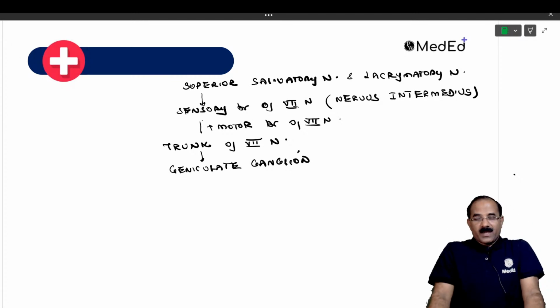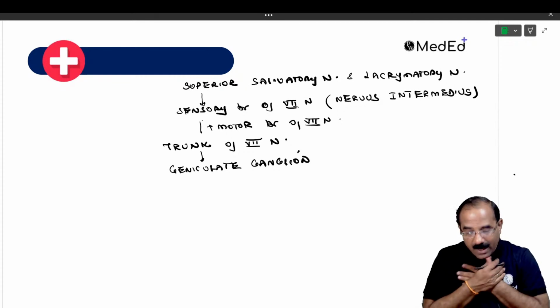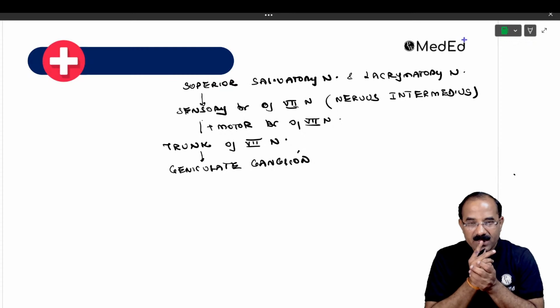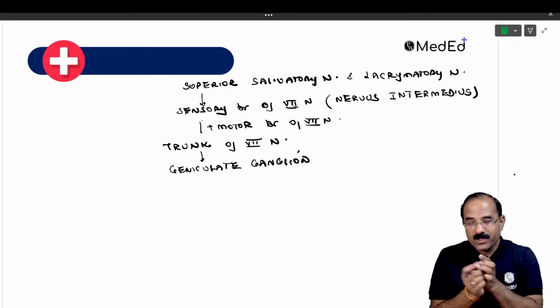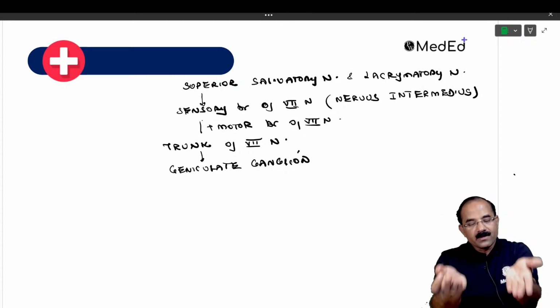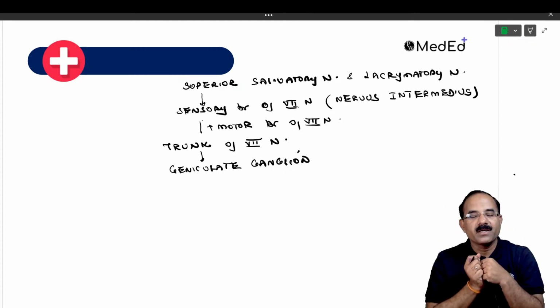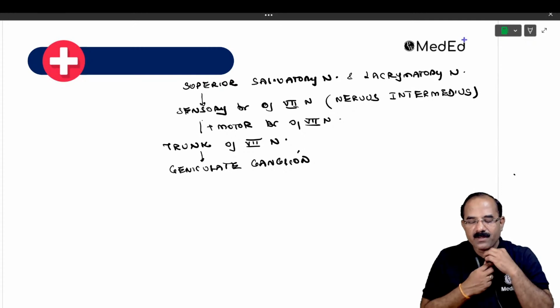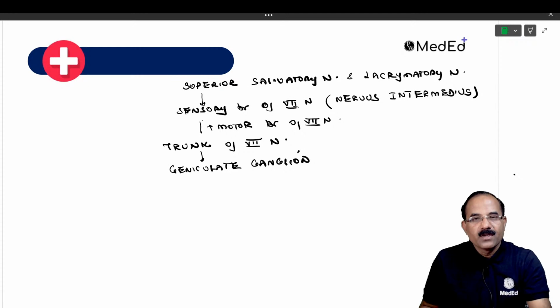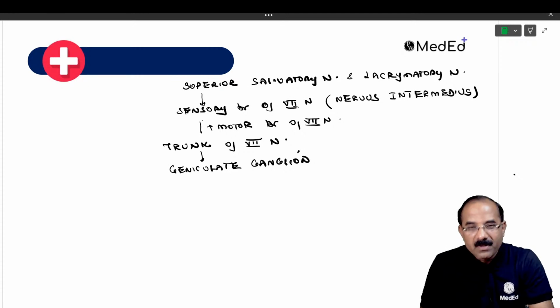So where are we now? हम कहाँ हैं? I mean, where's our facial nerve now? Can anyone tell me? Facial nerve internal acoustic meatus में जाती है. It goes in the internal ear. Internal ear से वो middle ear में आती है. Middle ear में it undergoes a bend, and that is known as the genu. So geniculate ganglion is in the middle ear.